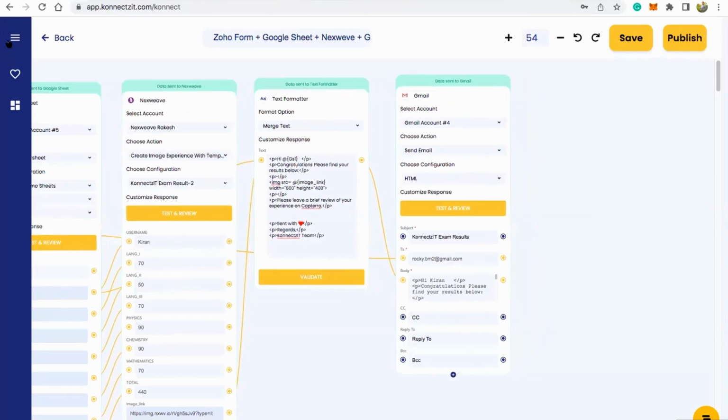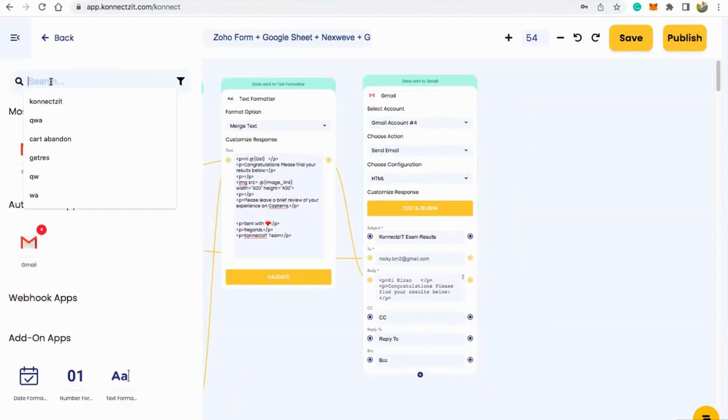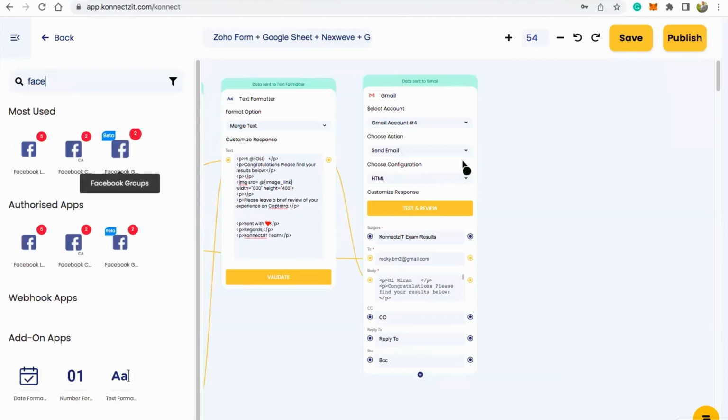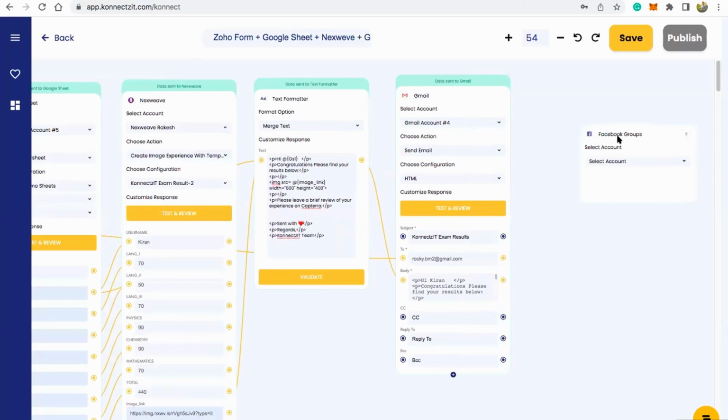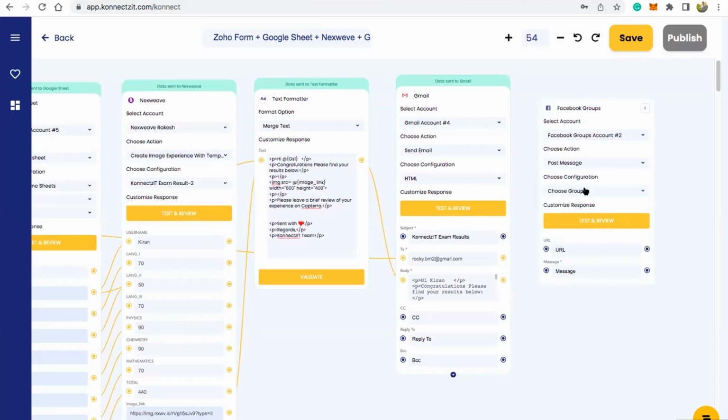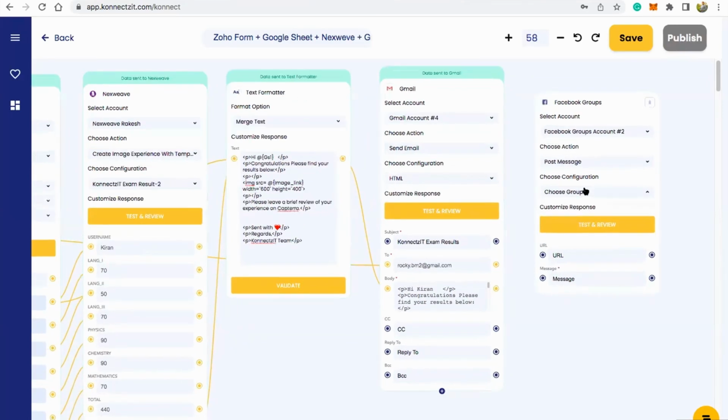So now what I do is I'm just going to take Facebook group and post my image inside the community. What I'm going to do is just select my account. Just for the demo purpose, I'm choosing post a message, and choosing the group where I want to post it. So select my community, and then choose the